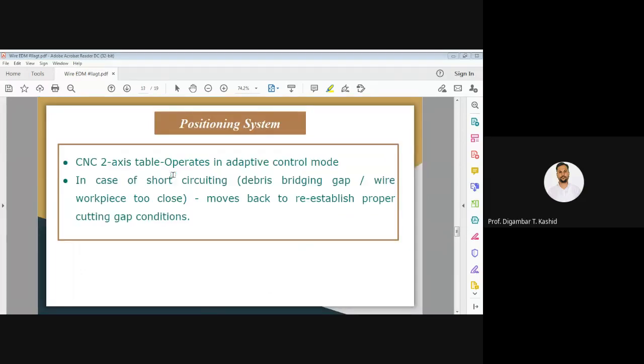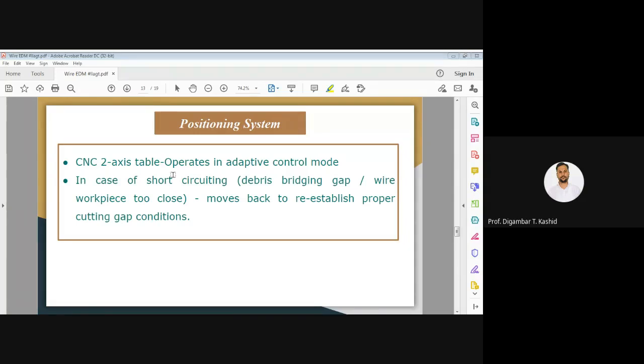Now we have the next system. It is the positioning system. So now this is the third component of the wire EDM process, that is the positioning system. The wire has to be positioned very accurately, because we are going to cut a very complicated surface or contour shape from the workpiece surface, correct? So using CNC control, maybe a two axis control table,